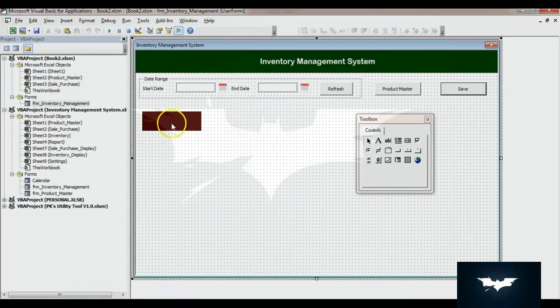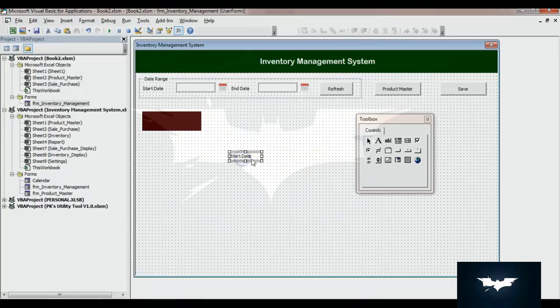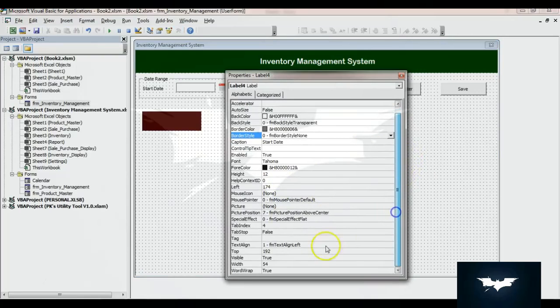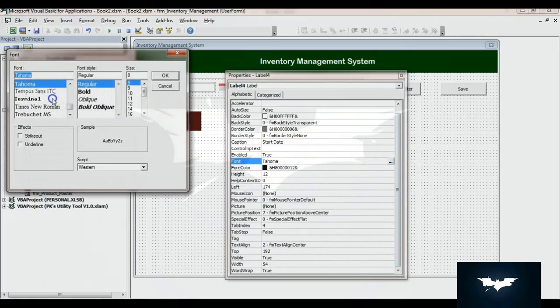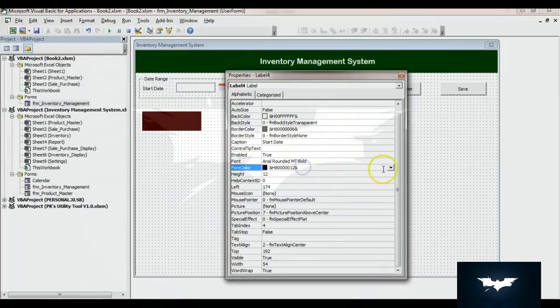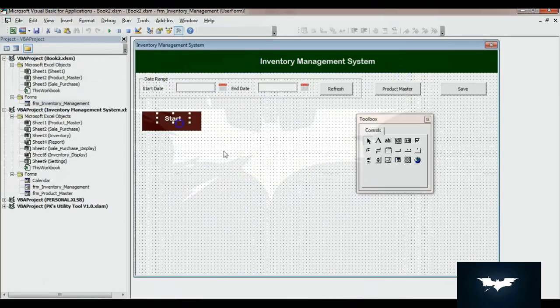Alright, so now we can put some label here. Let's take a label, or you can copy this here also. Just copy and paste this here. Right click, go to the properties, we will change the font and the text align as center. Double click here and the font, so just go to the font. Let's say here I'm taking Arial Rounded MT Bold around 14 or 12 size, and the fore color I will take white because we have dark background, and just move this here.